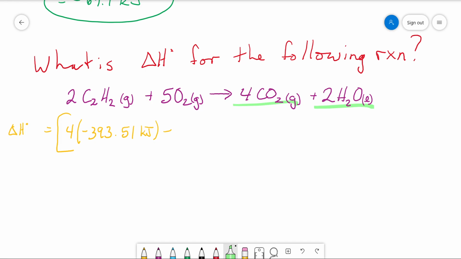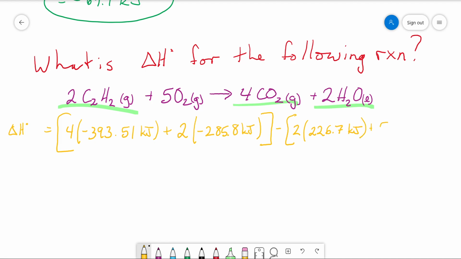Now move over to the H2O. That is 2, plus, there we go, plus 2 times negative 285.8 kilojoules, minus, and let's do the C2H2, that's acetylene, and we have 2 of those, and that is a standard enthalpy change of 226.7 kilojoules